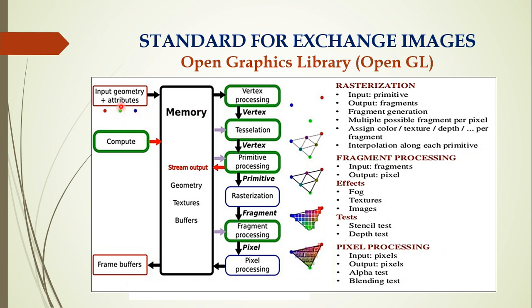These primitives are given as the input. With the help of your input devices, you're going to select the primitives for drawing a particular image. For this case, let the primitives be points, 3 markers with 3 different color shades, one with red, one with green, and another with blue. The first step I'm going to do is vertex processing.